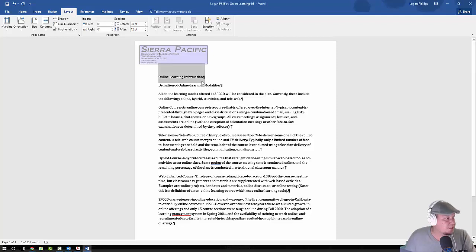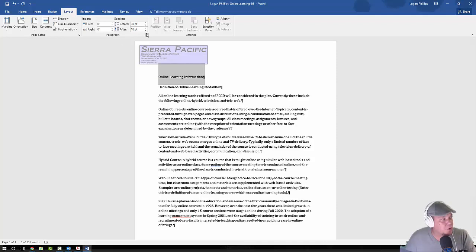Next, we're going to click on the after spacing with the online learning information selected. And instead of a 12 point, we are going to change this to an 18 point. Now I'm typing it in. You could hit your up and down arrows and move it that way, but I just highlighted and typed